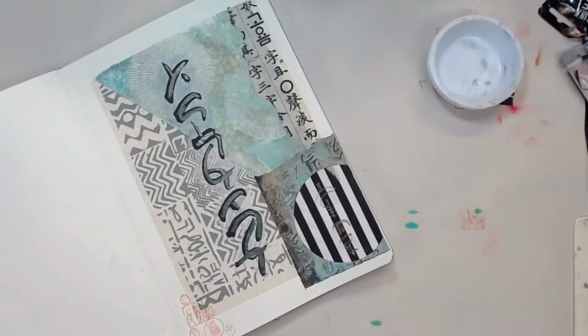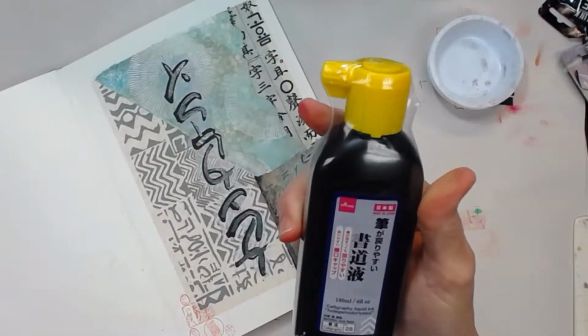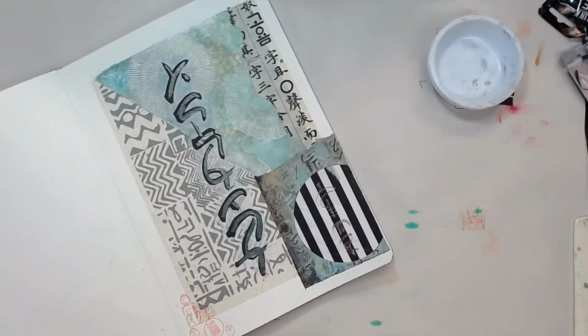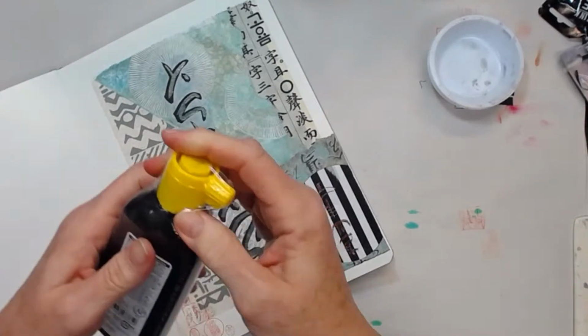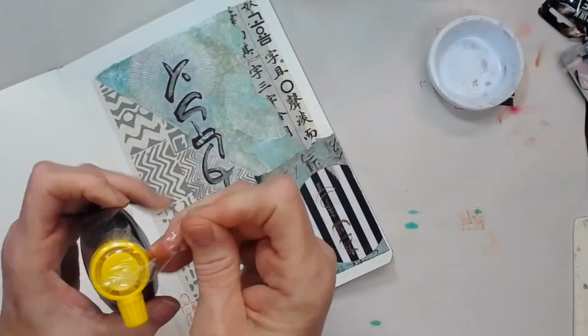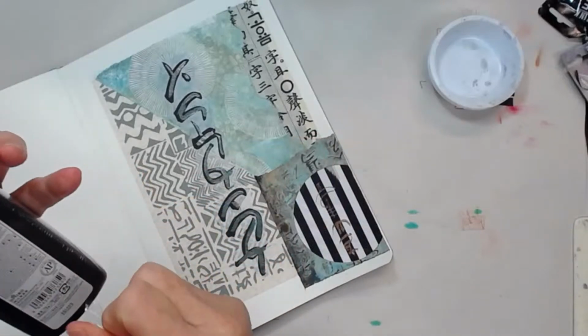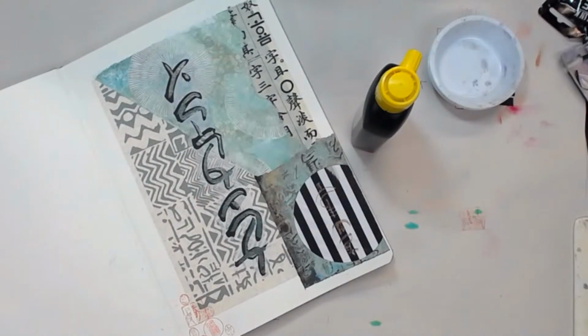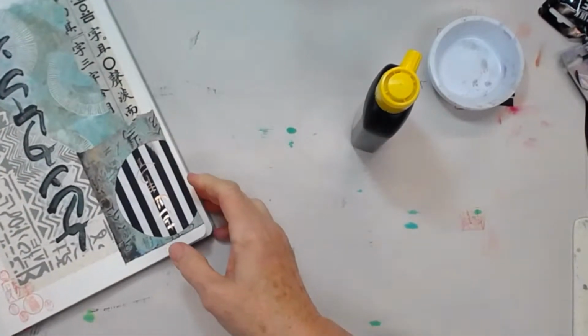I'm going to use this new ink that I got. It's the one that Robin uses that she gets from Daiso. We used this when we were out in Arizona in her retreat, and for some of my Sumi inks, different brands, they're more like water. This is more like milk. Maybe 2%, maybe not whole milk. It's not that much thicker, but it is thicker. So I think I should maybe